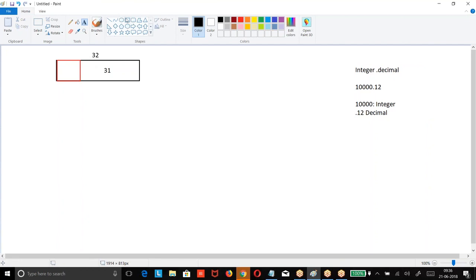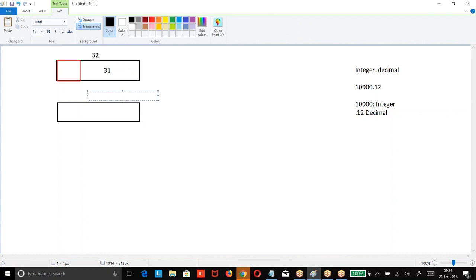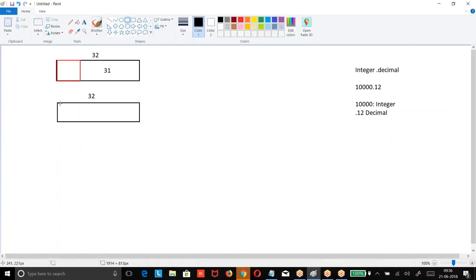But when you go for decimal, decimal is also what? 32-bit number. Decimal is also 32 bit. But in the decimal, what happened? 1 bit is lost for the sign of the number. Like integer, here also 1 bit is lost for the sign. In the remaining 31 bits, I have to give integer value as well as decimal value.